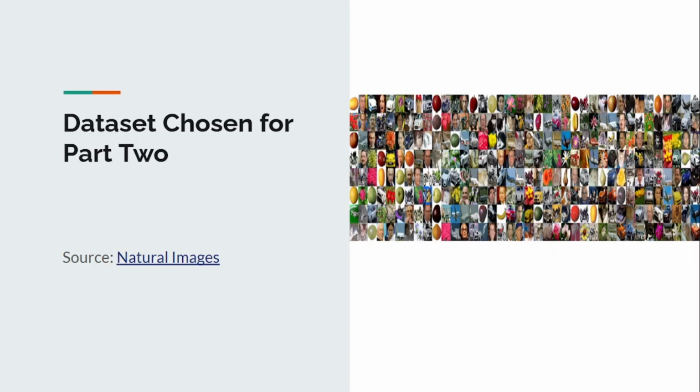The Natural Images dataset is a curated collection of 6,899 images spanning 8 distinct classes: airplane, car, cat, dog, flower, fruit, motorbike, and person. And as you can see here, I have included a collage of some of those pictures that could be found